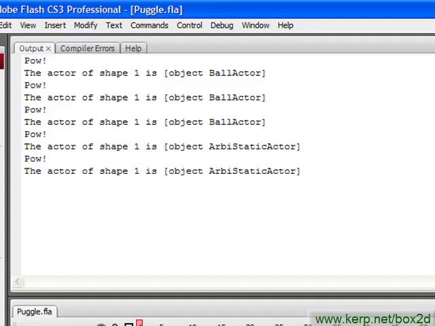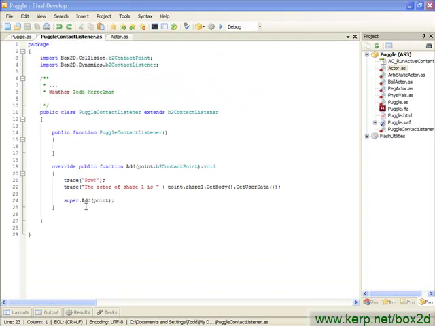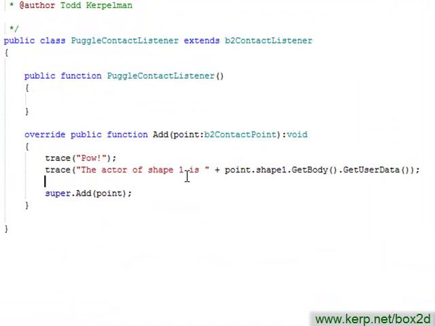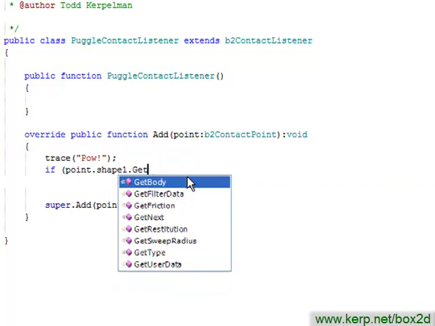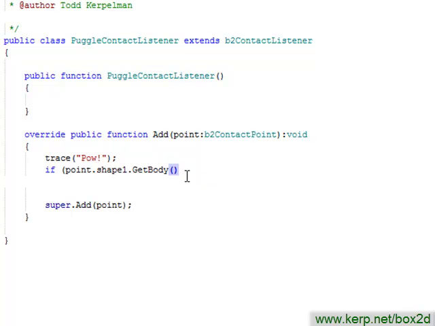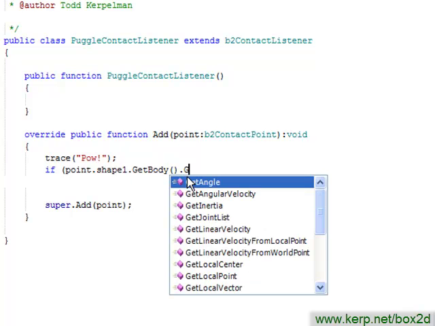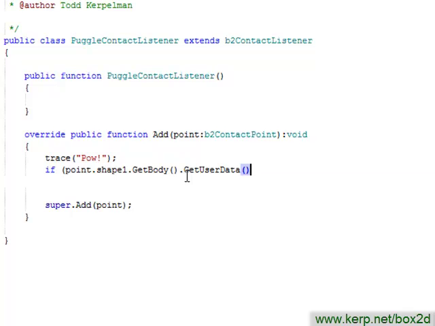So let's go back to our code, and let's be a little smarter with our Puggle contact listener by checking whether this collision involves a ball hitting a peg. And so I'm going to delete this, and let's just check here. So the first thing we're going to do is check if shape 1 is part of a peg actor and shape 2 is part of a ball actor. So in other words, I'm going to say if our point, shape 1, now that's basically a public variable, so I can call it like this. But then getBody is a function, so I have to make sure I call the function. That's going to return a B2 body, and then I can call getUserData to return the actor that it belongs to. If all of that is a peg actor,